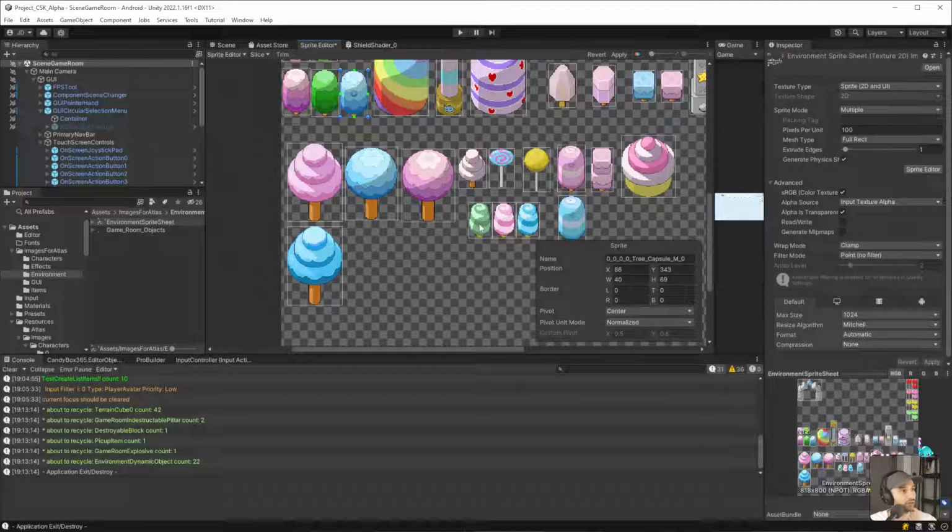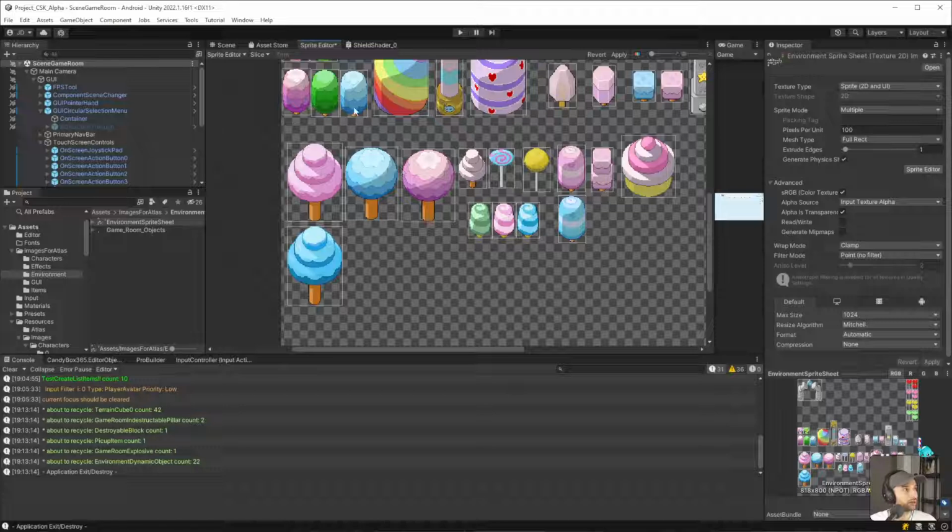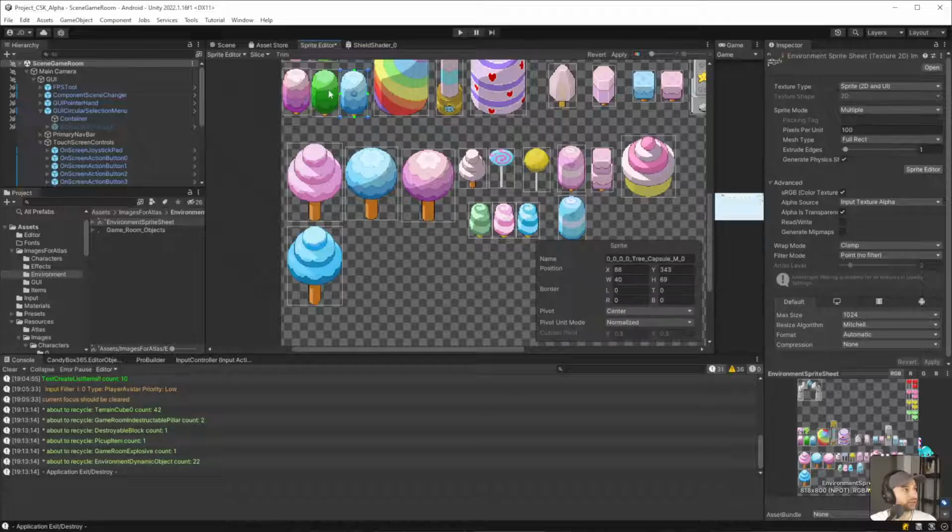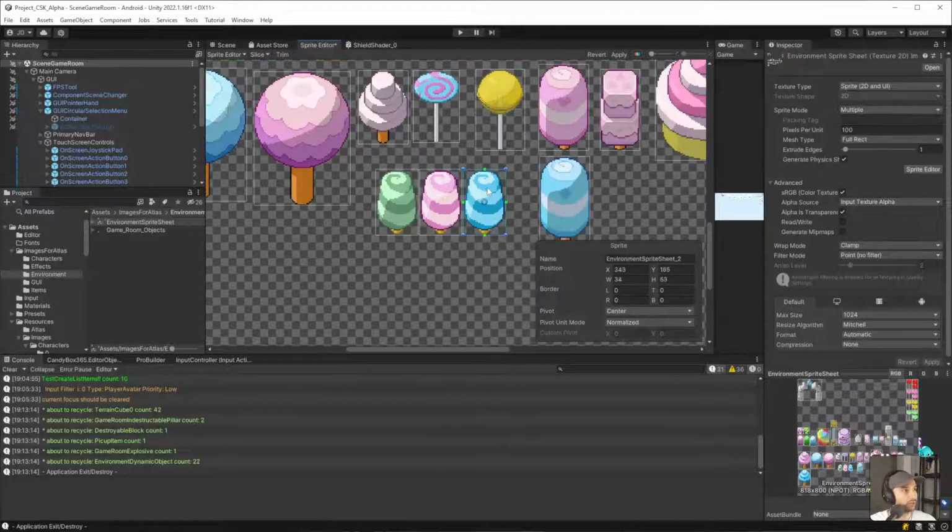Instead of capsule, yeah, let's come up with a better name for it. Actually, this one is blue is 0, green is 1, pink is 2. Let's do the same. Blue will be 0.